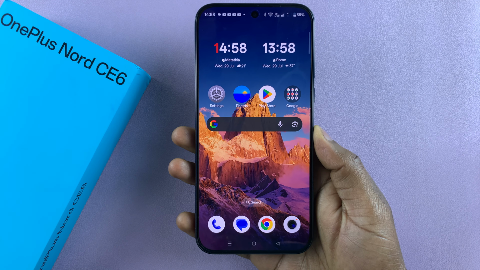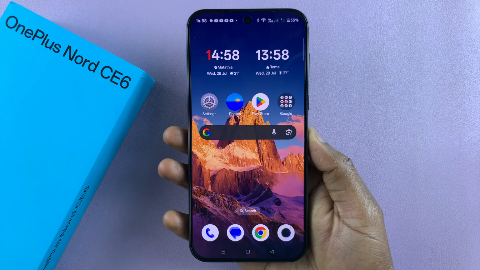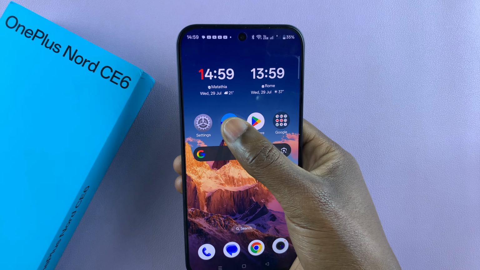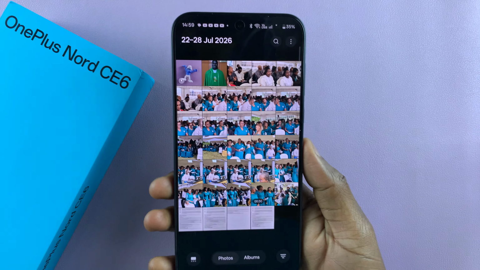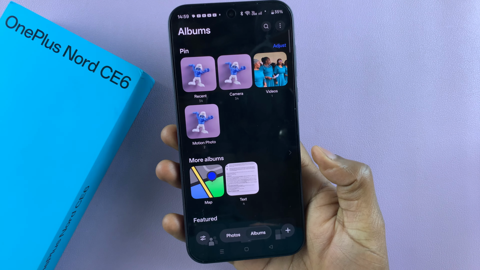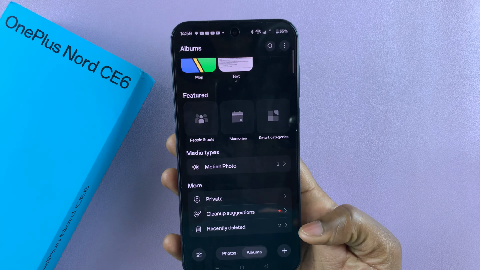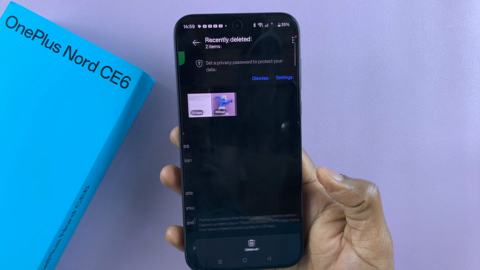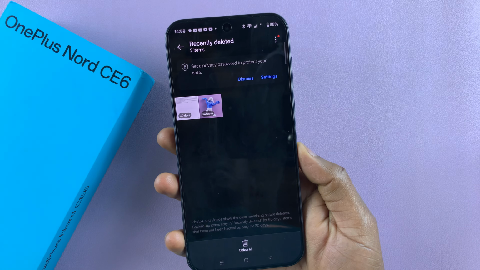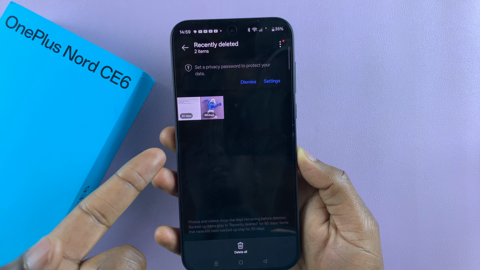To recover deleted photos and videos on your OnePlus Nord CE6 or CE6 5G, simply launch the Photos app, and then in the Photos app, ensure you select the Albums tab, and then scroll down and find Recently Deleted. So tap on Recently Deleted, and here you should see all the photos that you've deleted, and